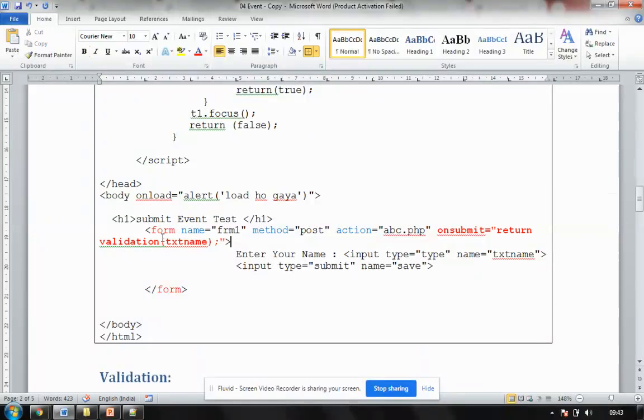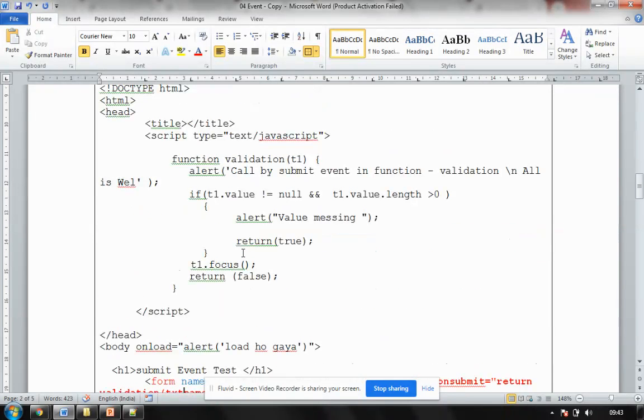See, just try to remember it. For the first time, I'm using the return statement in my call. That means this is my function. This function is indicated by the return statement. Why is it very important? Because when I call a function and it returns me a value, it always returns true or false. So this is my validation function.